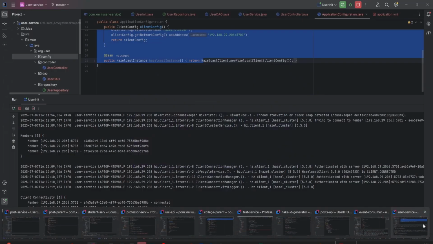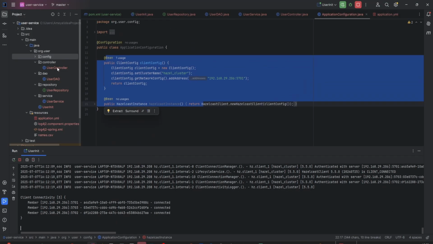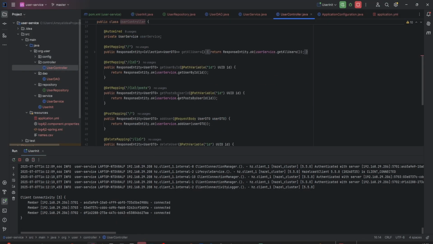And we go to our user service, and here we have a get user by ID, right? So we'll use this,